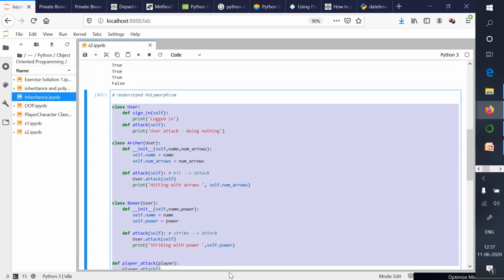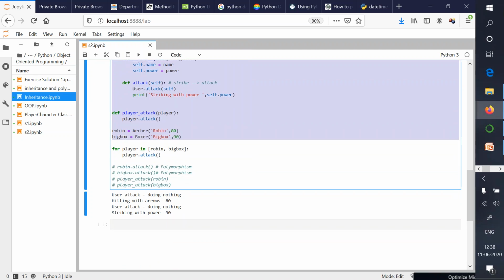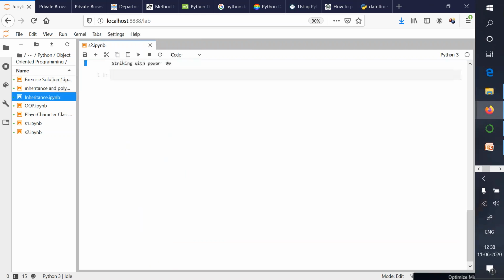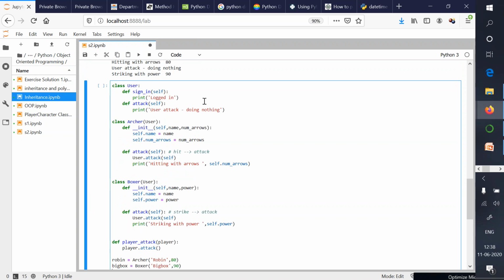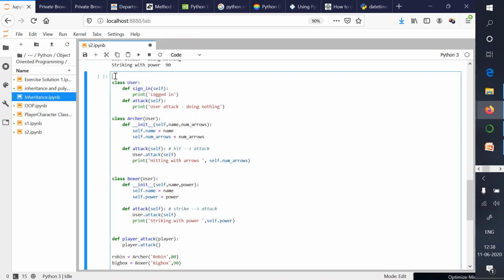So let me copy this code first and create another code window like this. And now our objective is going to be understanding super.